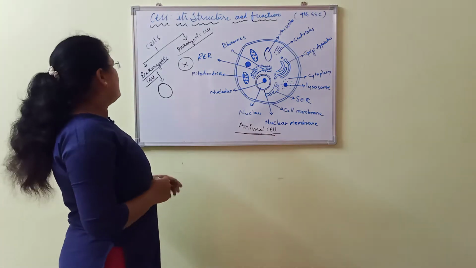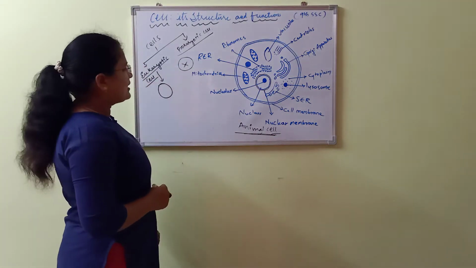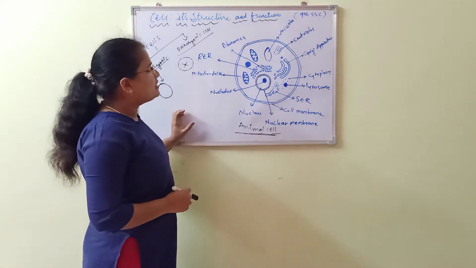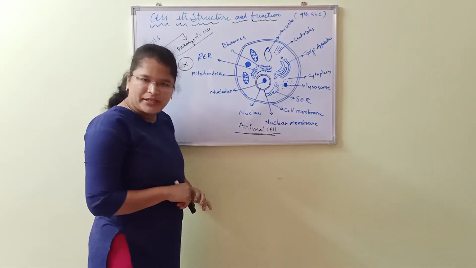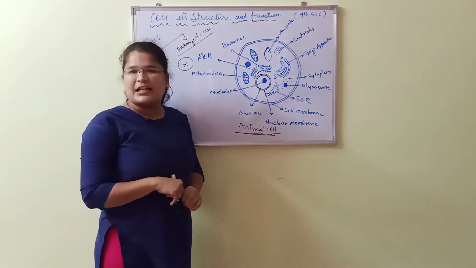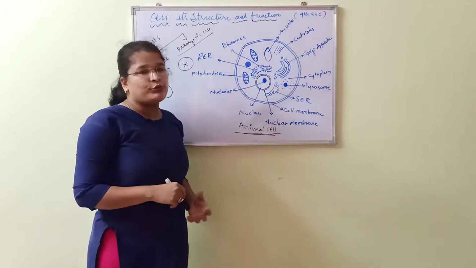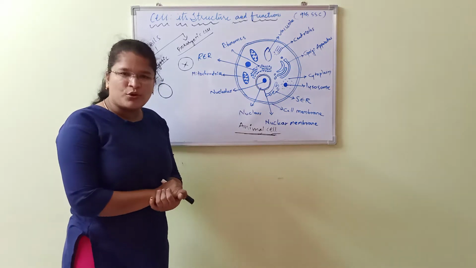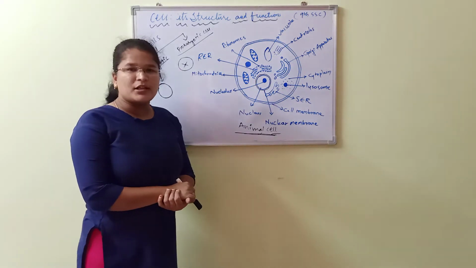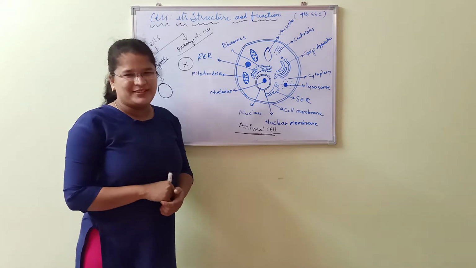See my dears, in the eukaryotic cell we have seen the nucleus very clearly in the earlier class. It contains the genetic information. It is also called cytoplast, and we have seen about the cytoplasm also in the earlier class. If you did not listen to that class, visit that class once.